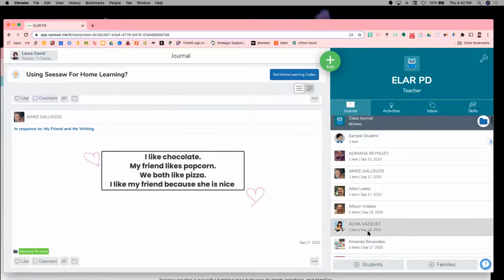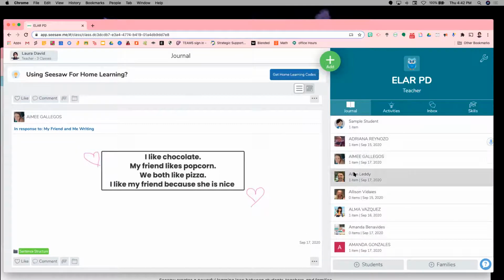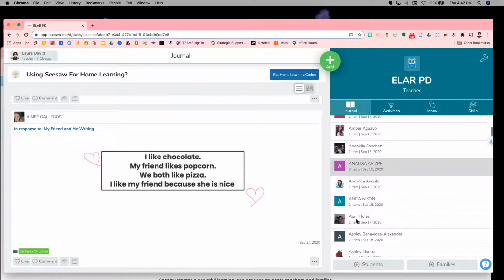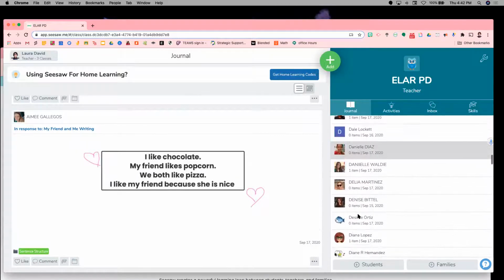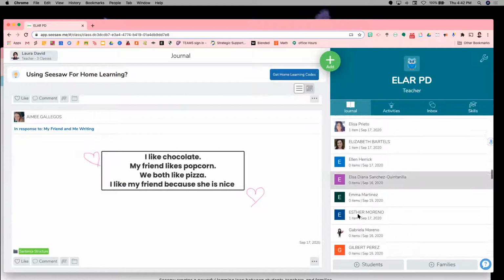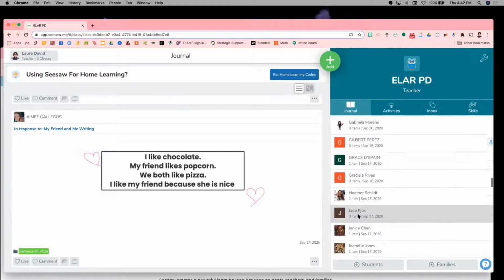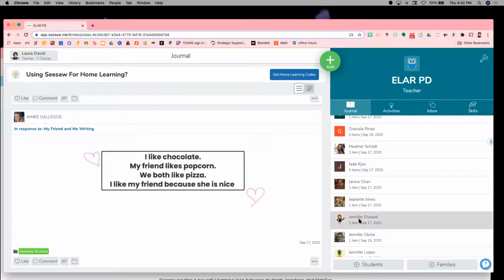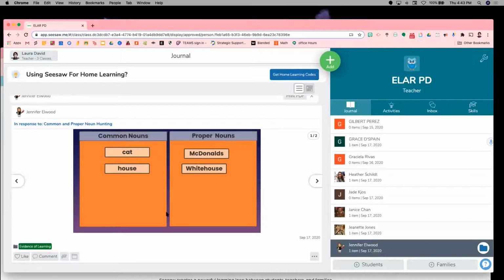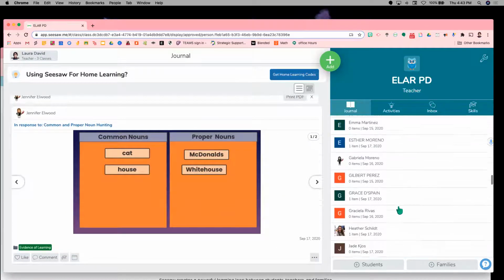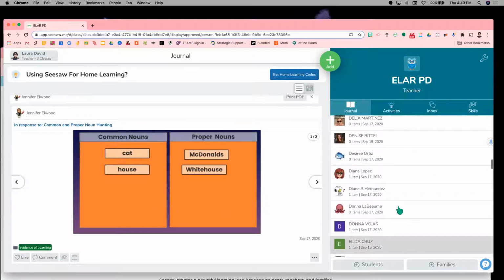So now you notice how before it was just the names, and now I can see their names, the day that they registered, and how many items they've turned in. So let's go back now to Miss Elwood, and let me see where she's at. Right here, I can see that she submitted an assignment. And then I can click on her and see her assignment. So there. Okay. Did I pass?